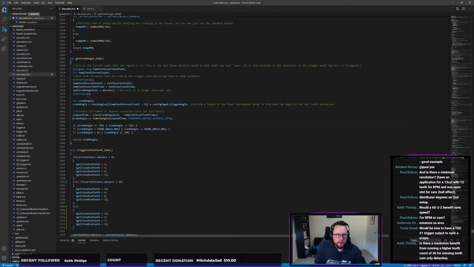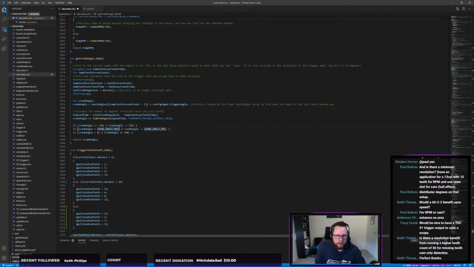Okay, so at this point we're going to add that little bit of extra time on to our crank angle, and that is the crank angle that we're currently at as of when this function gets run. We do a couple of safety checks. We make sure that crank angle is not above 720. We make sure it's not above the crank angle max. Now the crank angle max is set by the ignition and injection timing settings. If both of those are set, for example, to wasted spark and paired injection, it means that we're only running